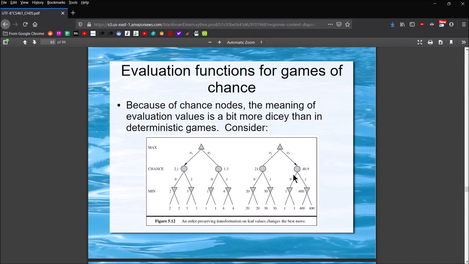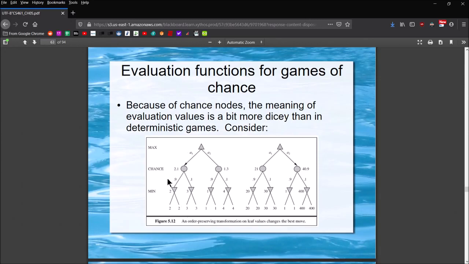Depending on the odds, depending on the possibility or the probability of one result over another, based off of those possibilities, then values are going to get skewed a bit, right? So if we take a look on the left-hand side, for example,